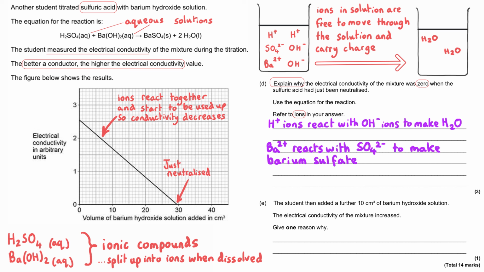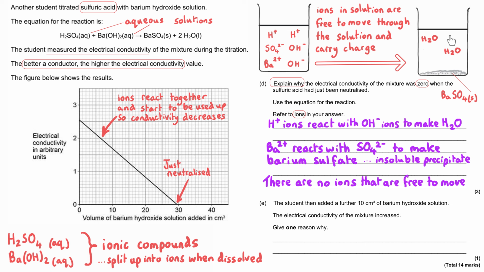And the barium ions will react with the sulfate ions and produce a solid, which will look like a white precipitate that forms during this titration. And this means that we've made an insoluble solid. So as a result of these two reactions, there are no ions in this solution that are free to move around. The only ions that are in fact present are in the barium sulfate, and they are trapped as a